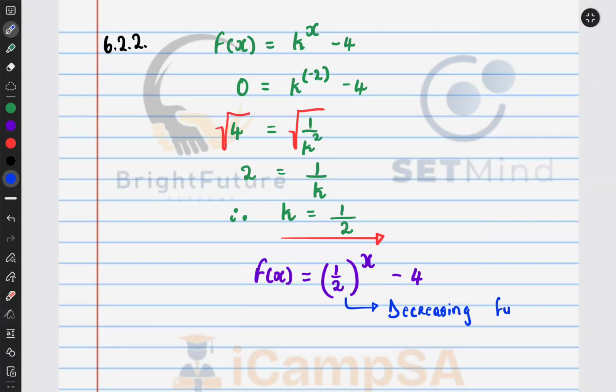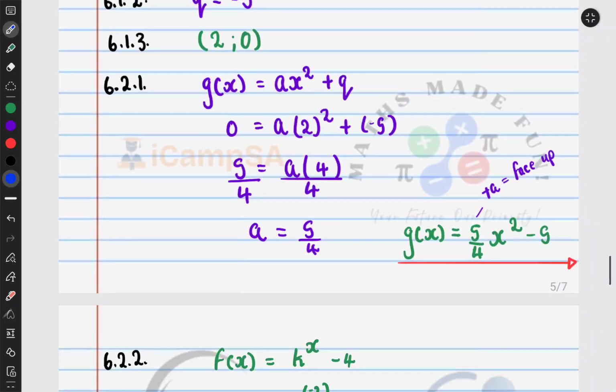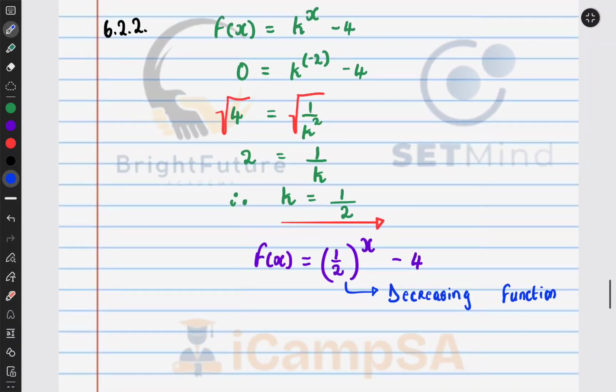Decreasing function. So you should know this just in case you are asked to sketch the function. If k was greater than 1, it was going to be an increasing function. What is a decreasing function? A decreasing function is a function where the y values decrease as the x values increase, so they oppose. And an increasing function is the one where when the x values increase, the y values also increase. Okay,